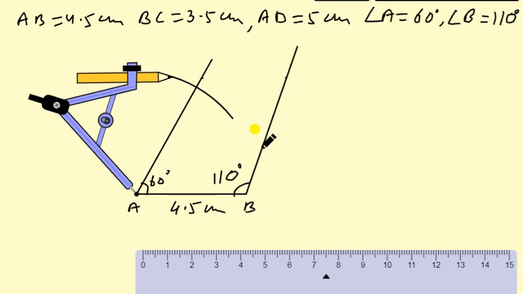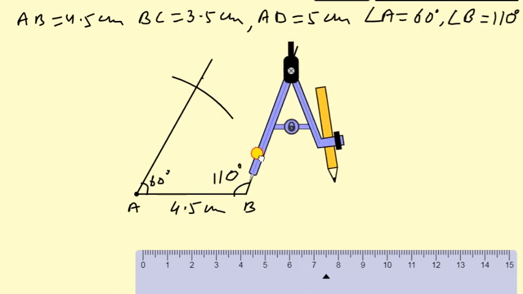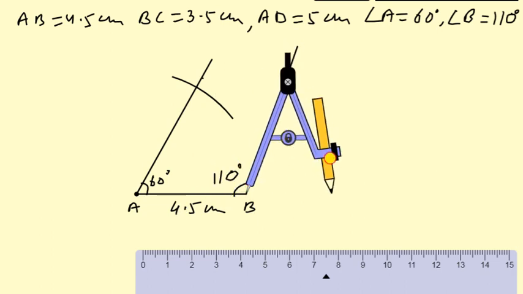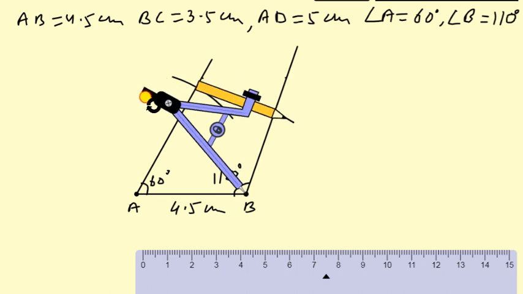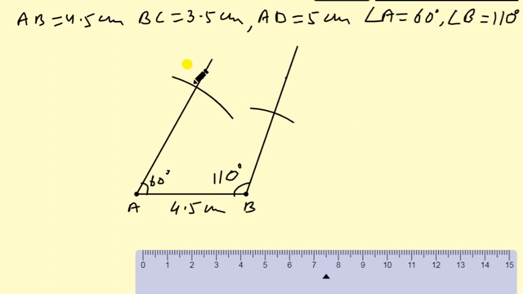It is your arc. And now once again take a distance. How much? That one is BC. It is 3.5 centimeters on your scale. Now keep the compass at point B and make an arc like this. Now remove your compass. Now write the names of the points: A, B, and this is your C, and this is your D. Now join C and D with the help of the scale.